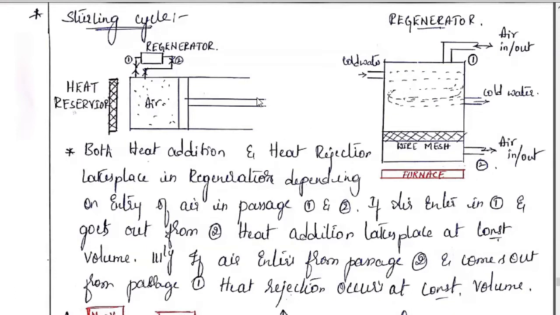Now before going in depth with the PV diagram and TS diagram for a Stirling cycle, let us see what the Stirling cycle contains. The Stirling cycle mainly contains a cylinder, air as a working fluid, and a heat reservoir. One more is a regenerator. It is very important to know these 2 other devices attached to the cylinder, the heat reservoir and the regenerator. If you come to know the working condition of the heat reservoir and regenerator, then it will be easier for us to understand the Stirling cycle.